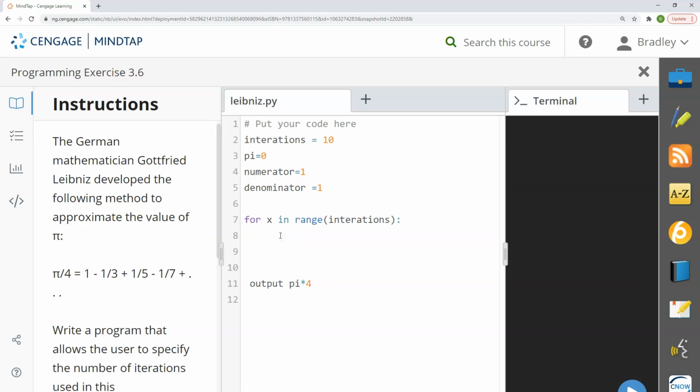I might say pi is going to be equal to pi, and we have to do something with it. We're going to add a value to it. Here we're going to add this value. When I first run this, the numerator and the denominator are both 1. If I divide 1 by 1, I get a value of 1. Does that make sense? I don't want to use the numbers. I want to use numerator divided by denominator. So the first time through, I've now added 1 to my value for pi. It started out as